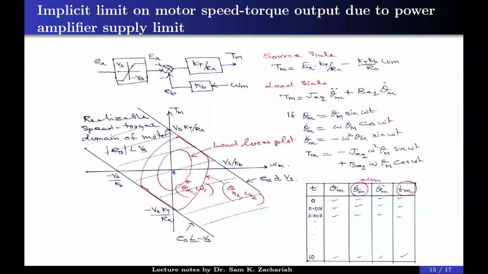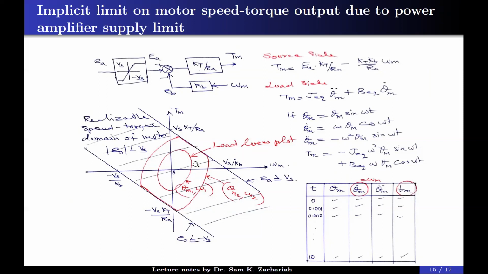And these are two important points. This is called stall torque, and this is called no load speed, where the motor cannot support any load. No torque is available. And we are drawing a straight line because this equation is a linear equation. Similarly, on the other side, if you are putting negative input voltage, it will go to minus Vs, the negative limit. Correspondingly, you will have another speed torque line while the motor is rotating in the opposite direction with opposite torque. So both the X and Y axes are getting negated.